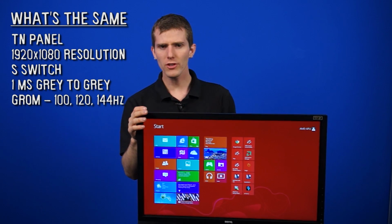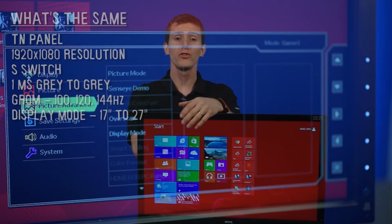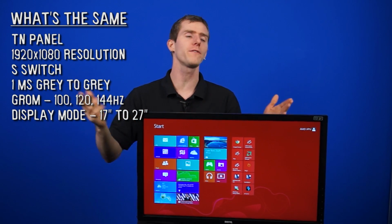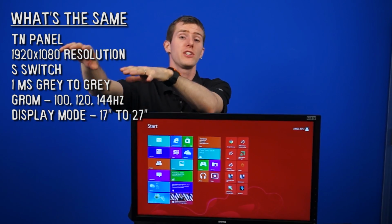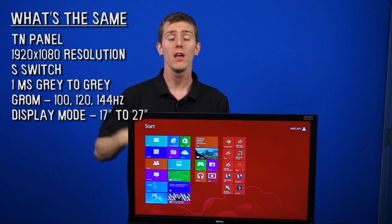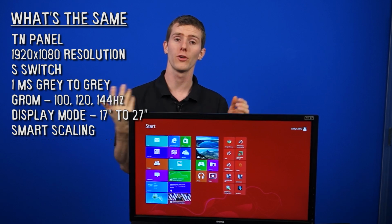The customization goes even further with display mode, which allows you to switch your monitor to any size from 17-inch all the way up to the native 27-inch, which will be great if you're practicing for a tournament or something like that, and you're going to have to use standardized hardware when you get there, so you can at least get in some training before you arrive. Smart scaling lets you scale your screen content to any of those aforementioned sizes, I should hope so,